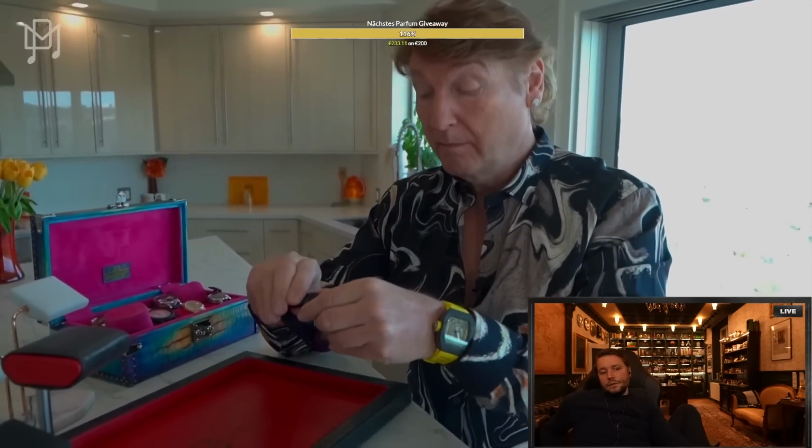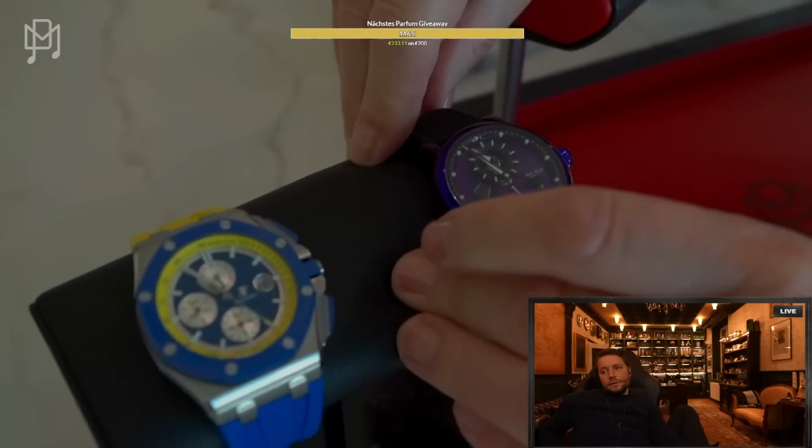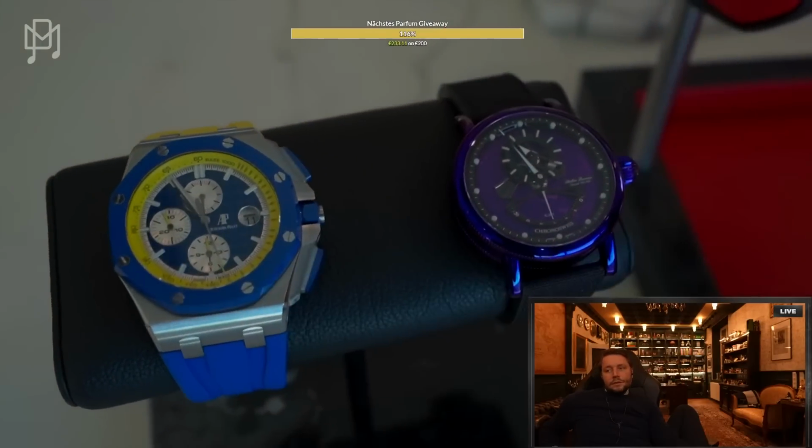Chrono Swiss. So I will say, look at those next to each other, two very early days, producer Michael, colorways right there. We're kind of going back to the